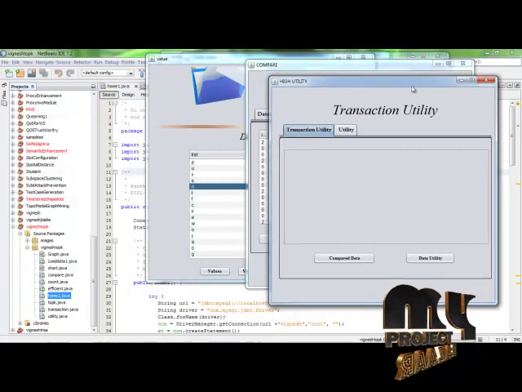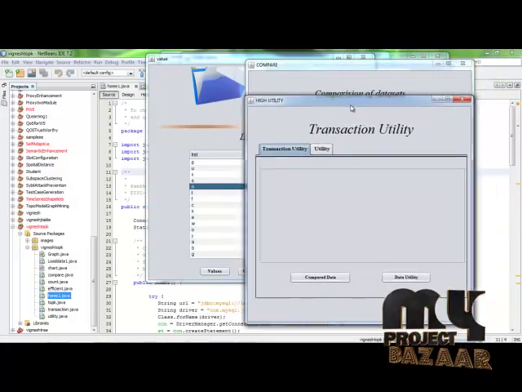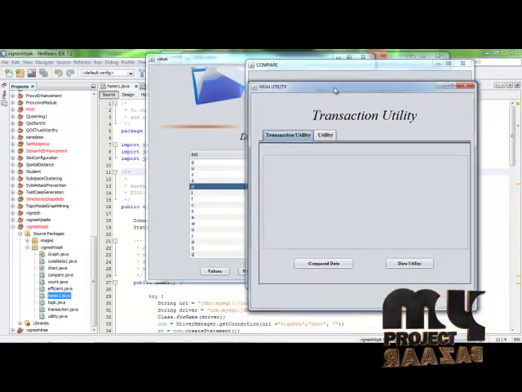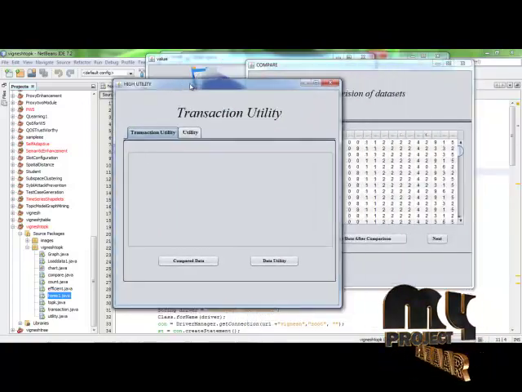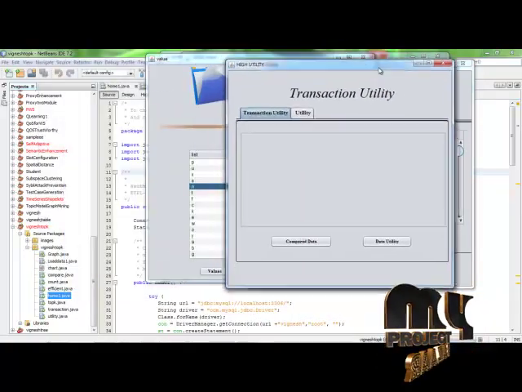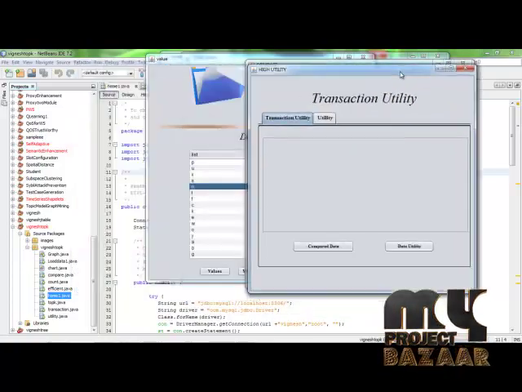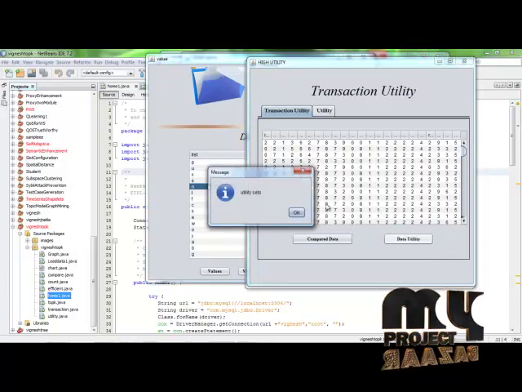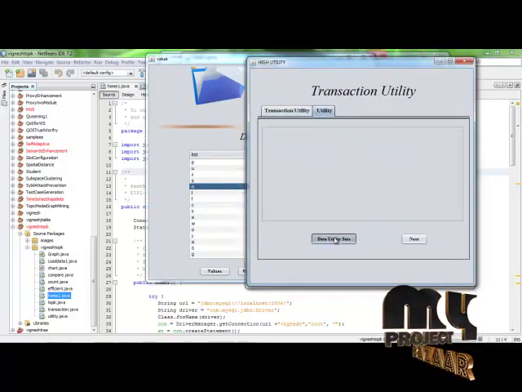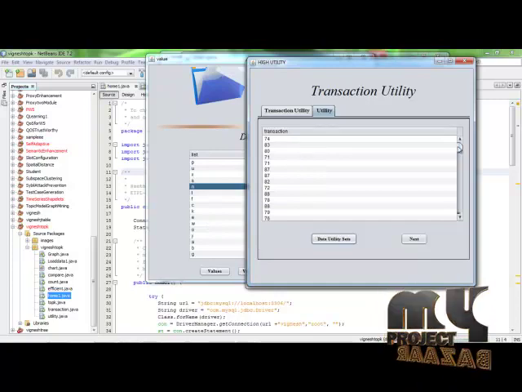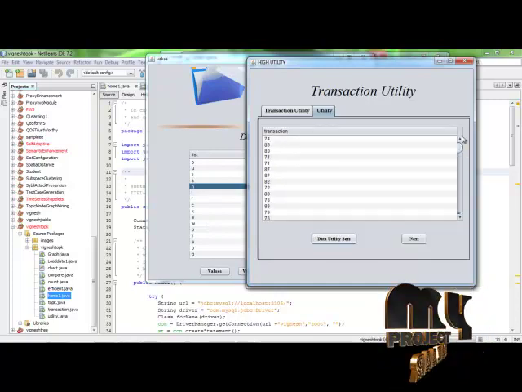After that, we have to find the transaction utility. In our process, we have first done the pre-processing. After the comparison of values and the transaction utility, we have to find the total transaction utility values for particular rows in the data set for itemsets. These are the values. This is the transaction utility for all itemsets in the database.